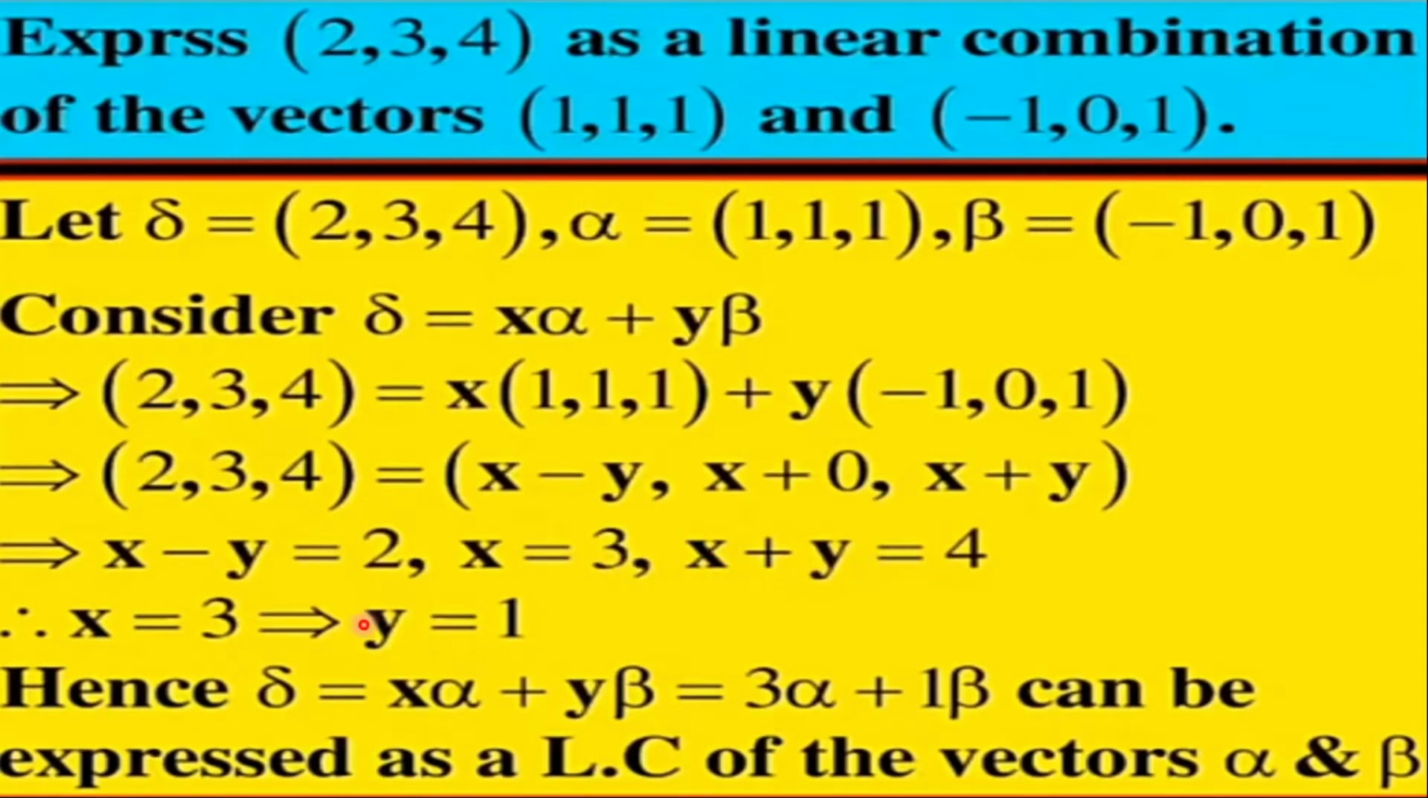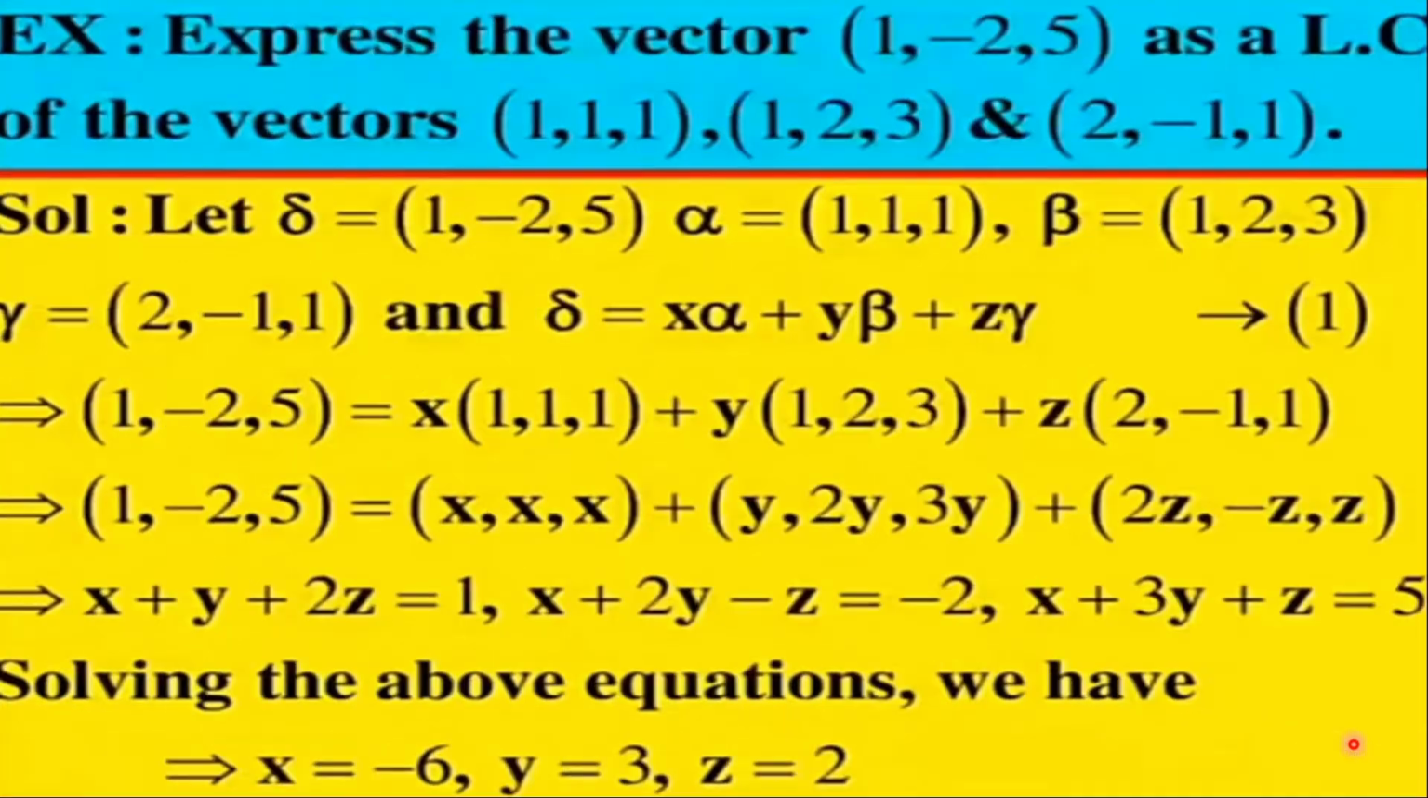By solving, we get x equal to 3. When x equal to 3, y equal to 1. Hence, delta equal to x alpha plus y beta, where x is 3 and y is 1. So that is 3 alpha plus 1 beta, can be expressed as a linear combination of the vectors alpha and beta. Next problem, express the vector (1, -2, 5)